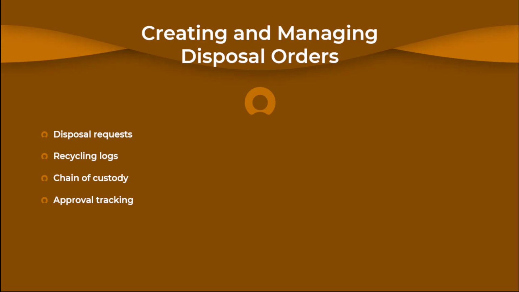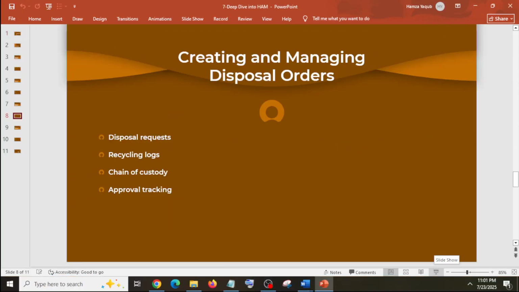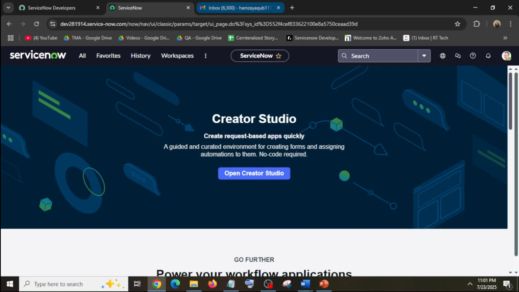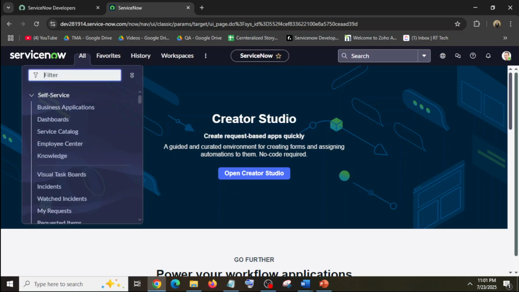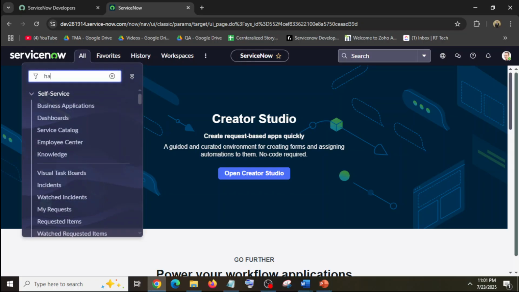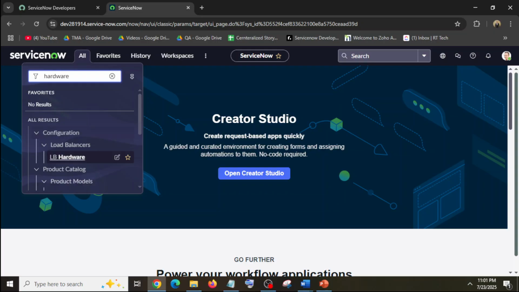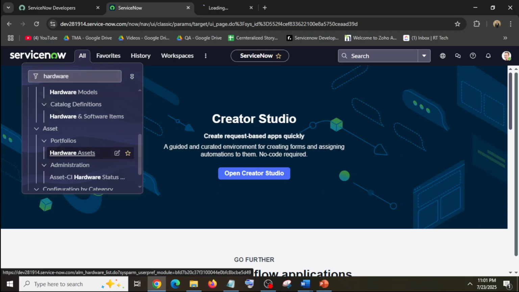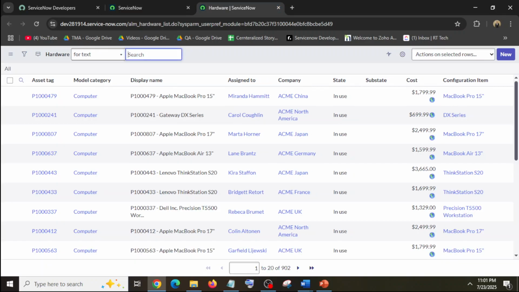So let's explore HAM on my personal developer instance. So this is my personal developer instance, and if you want to open the hardware assets, under Hardware, and under the assets, here's the hardware assets, and the backend name of this table is alm_hardware.